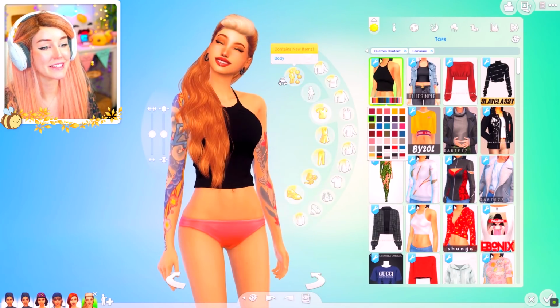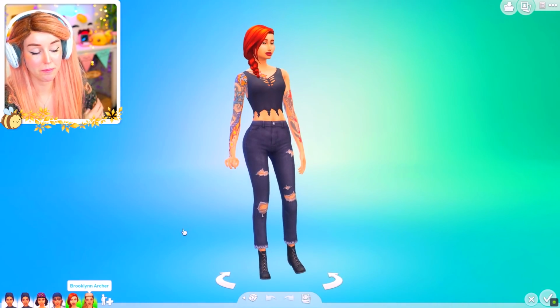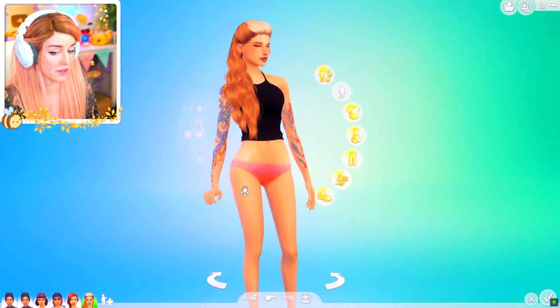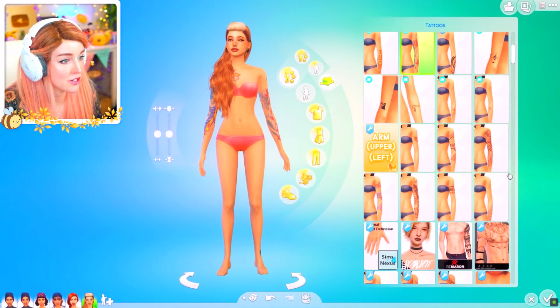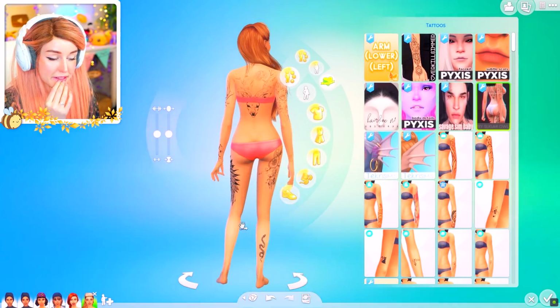Maybe I should look at the tattoos first instead. I feel like she's a perfect candidate for rockabilly, but I did that kind of recently, so I don't want to do that this time. I'll stick a little bit closer to her original style, but with our own little tweaks. And tattoos. Okay, I'll take off everything first, and then we will add back on again, because this one has